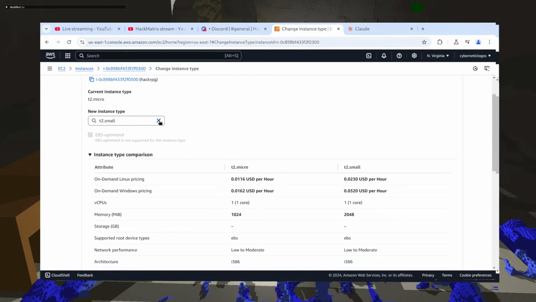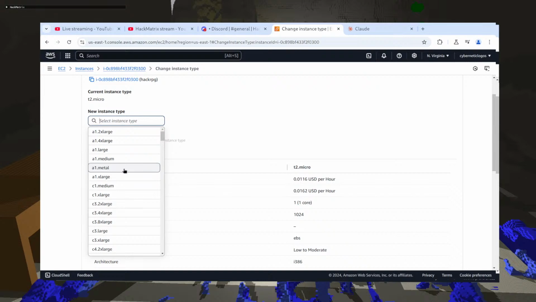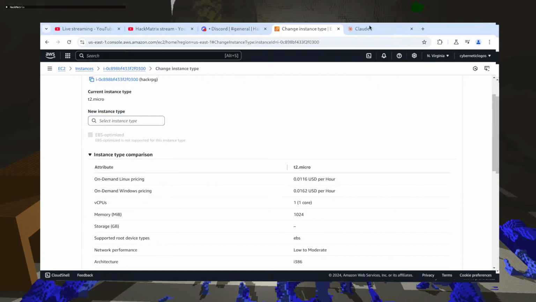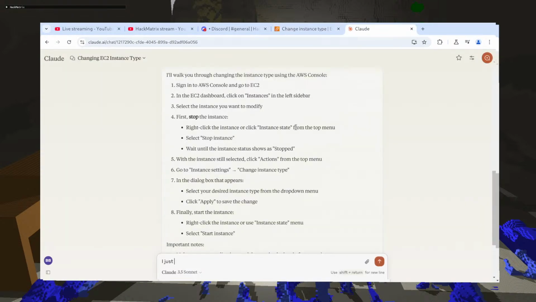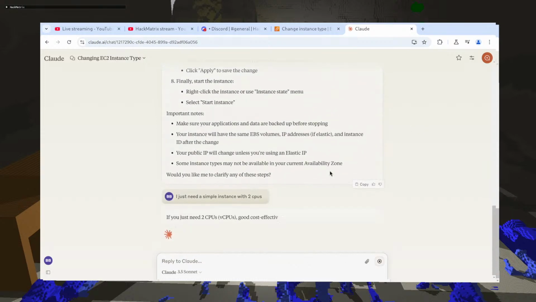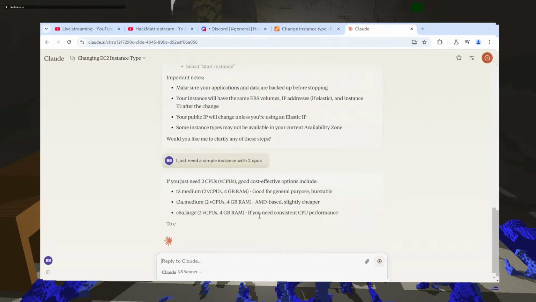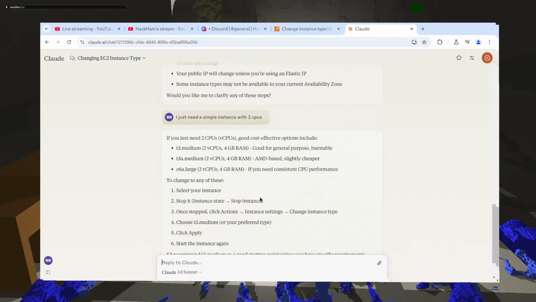A T2 small is not what I want. I just need a simple instance with 2 CPUs. T3 medium, burstable. T3A medium.